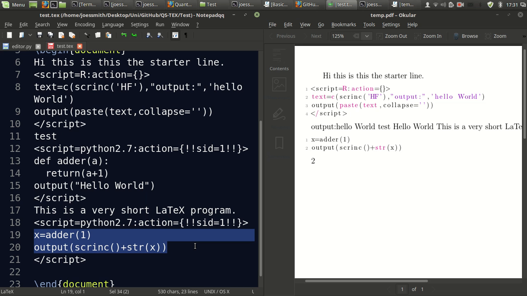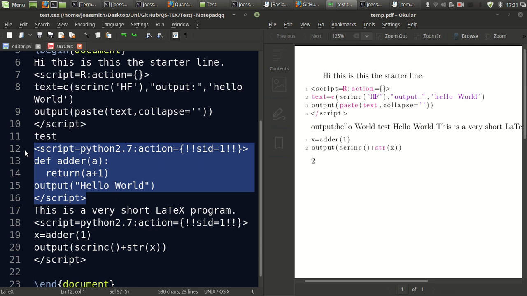And most importantly, it has recognized the function adder. See, this is the output, so this is that string X, just 2 here. That output has been coming from this adder 1. Now that adder 1 is not within this script, it is within this script. So these scripts are essentially one, and there is a way of separating the scripts, and it's how you would kind of use HTML, I guess. But you separate the scripts, and you can have